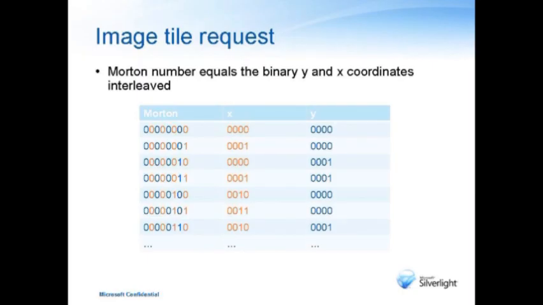So an interesting way of how you actually generate those things is that a Morton number is the y and the x coordinates in binary interleaved. And so if, let's drop down to the example where x is 0001 in binary, you can see the blue and the orange values correspond to the x and the y coordinates, and the Morton number is 1 interleaved. Moving down a row where the Morton in binary is 1, 0, that corresponds to a y value of 1, but x of 0. Further down, where the Morton in binary ends in 1, 1, so 3 decimal,